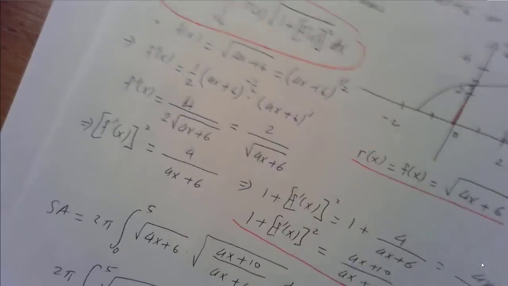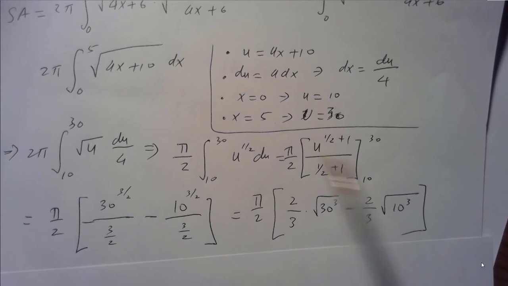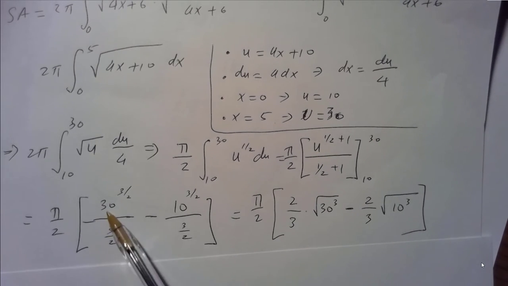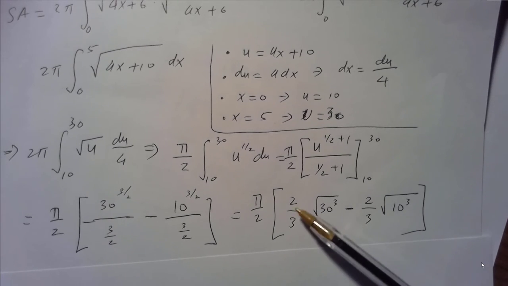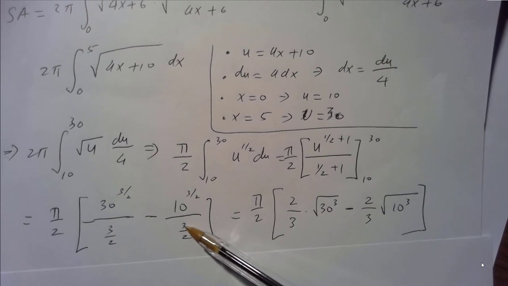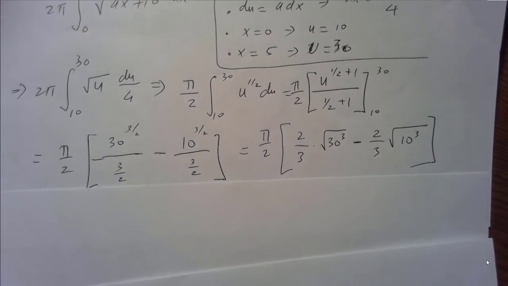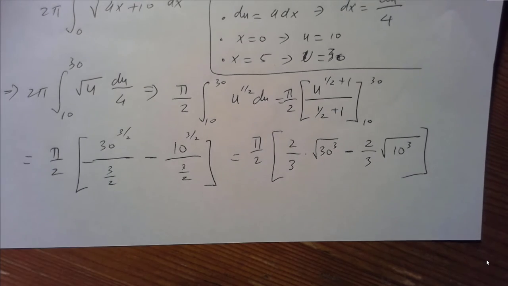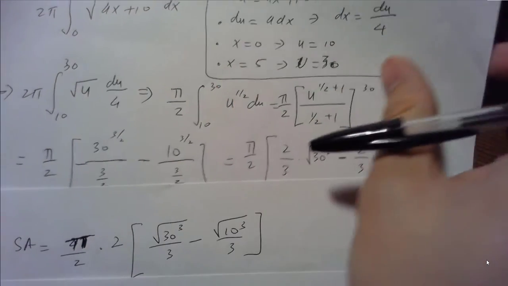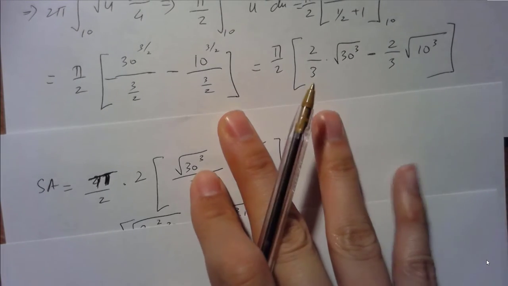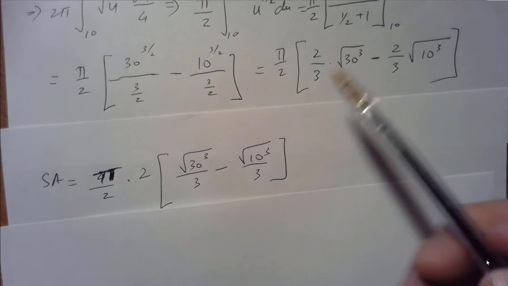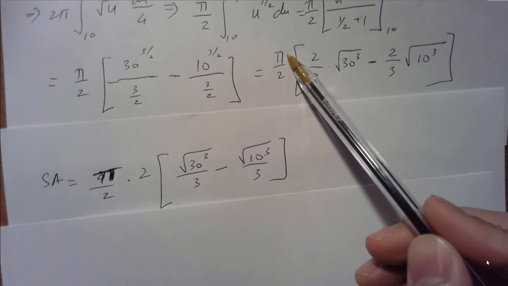If you do that, all you do now is plug in 30 anywhere you see u, and then subtract 10 anywhere you see u. Dividing by the fraction 3/2 means the same thing as multiplying by the reciprocal, so 3 over 2 becomes 2 over 3. The same thing applies here. And the last step is we combine the like terms together. So let's combine the like terms here. We can see that when I factor out the 2 to the outside,